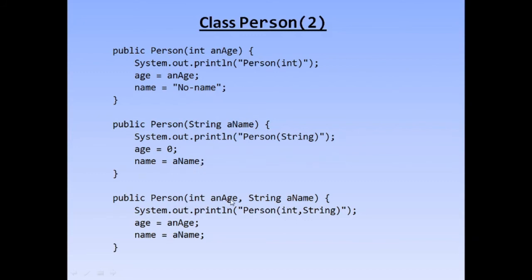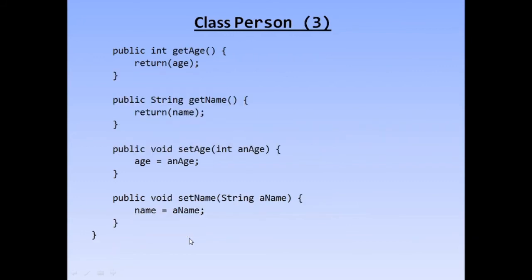Then this Person has two arguments, age and a name, that is both. So what will it do? It will first print a message that Person int string is called, and then age will be set to age and name will be set to name. Now, if we wouldn't use the constructor, then we would have defined different methods that do the same thing. But if we have a facility that we can use directly with the help of a constructor, then there is no need of initializing the attributes with specifically designed methods.